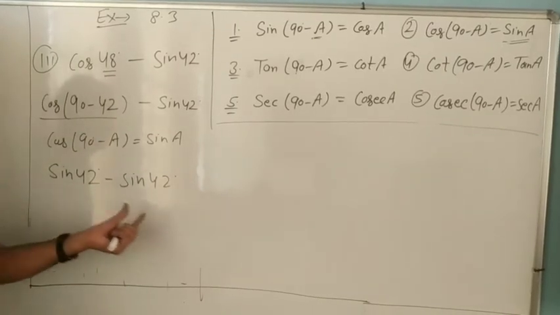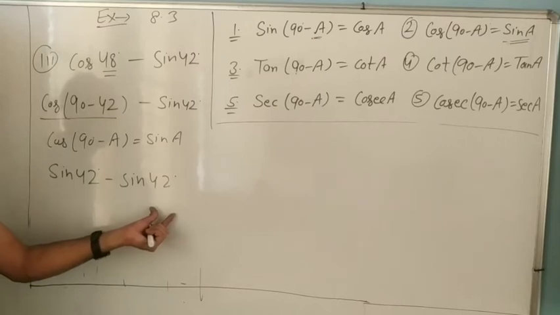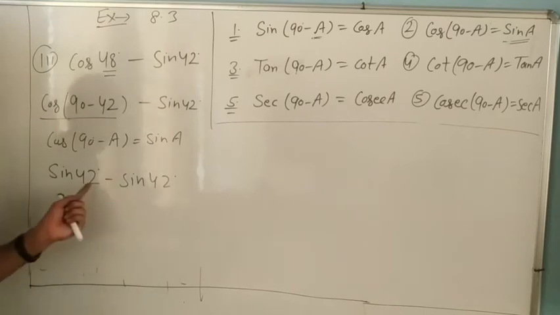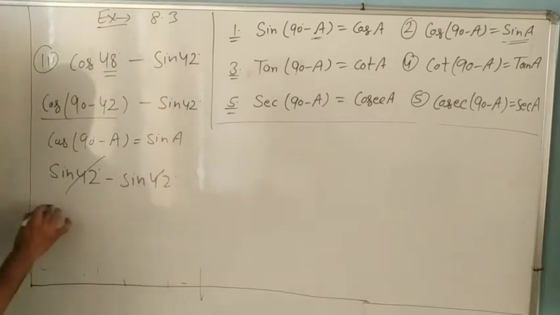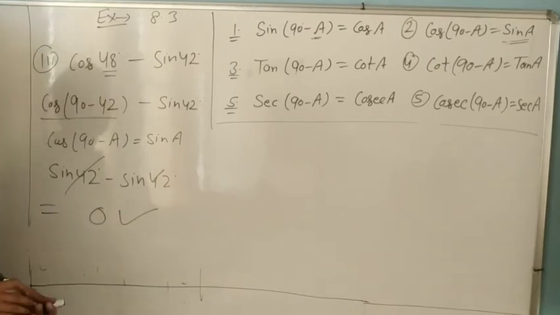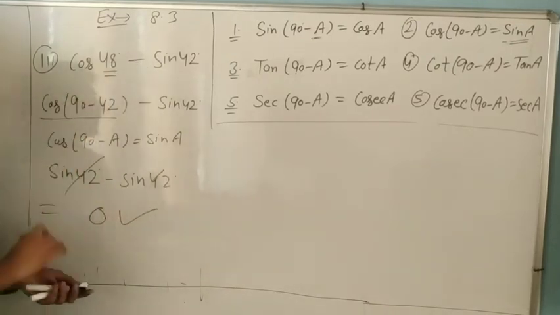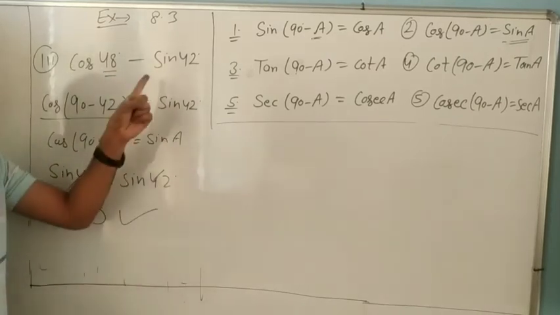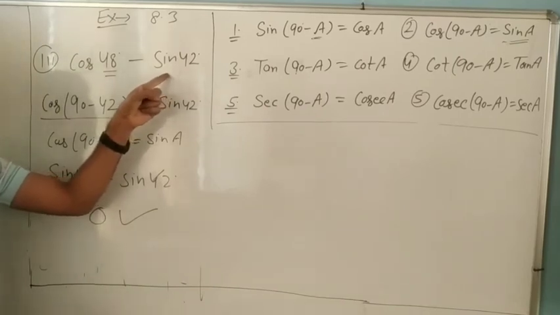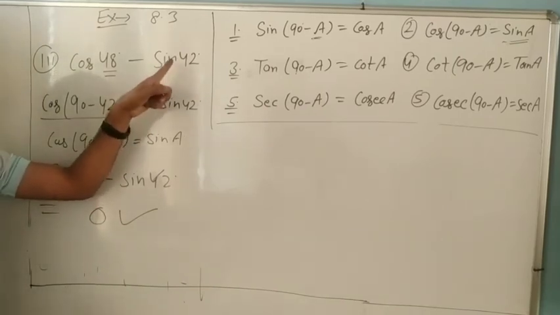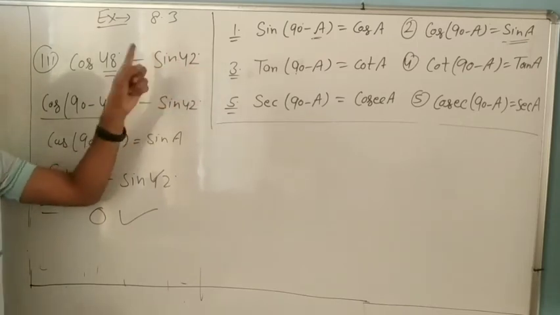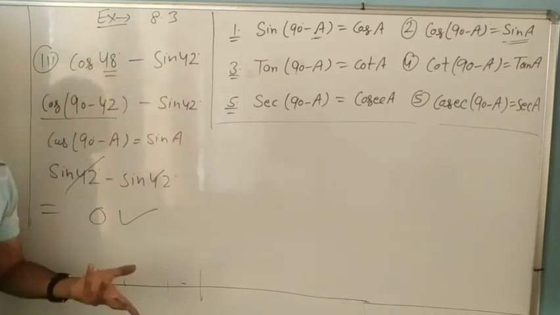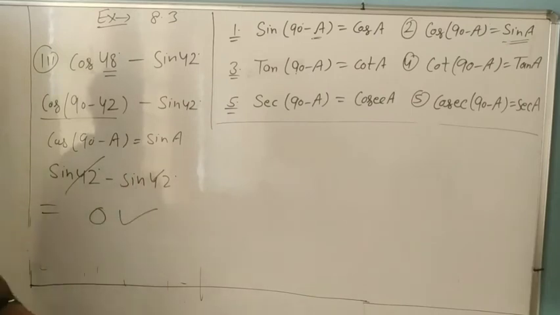One is positive, one is negative. Both are cancelled or not? Because sin 42 and sin 42 have the same value, and one is positive, one is negative. So what is the answer? 0. Whenever they are not in the denominator and numerator, but coming with plus or minus, the answer is 0. Otherwise you can change sin to cos. So you write sin of 90 minus 42, which is cos 48. So cos 48 minus cos 48. Do it yourself. Okay dear? You have to do it yourself.